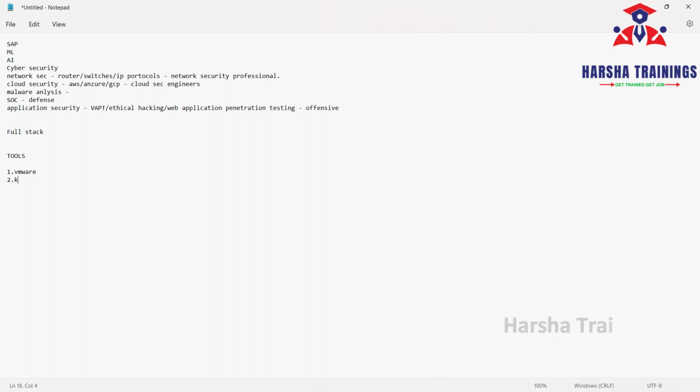Next we will be checking Kali Linux. It is not a tool, it is an operating system. Next we will be talking about the OWASP vulnerable application. Then we will be talking about a tool called Burp Suite, which is very popular in the VAPT field. And next we will be talking about